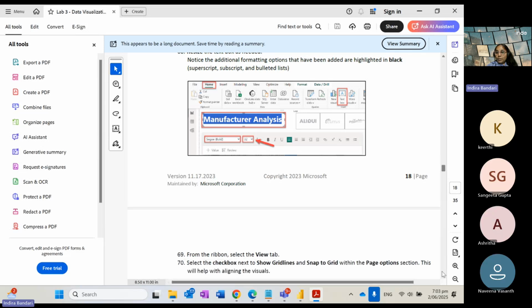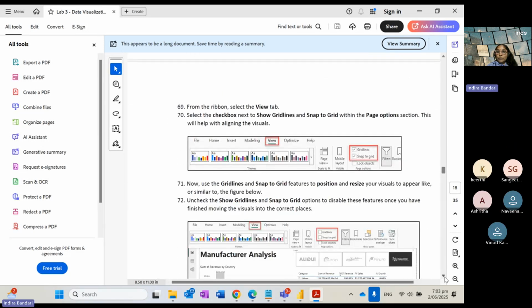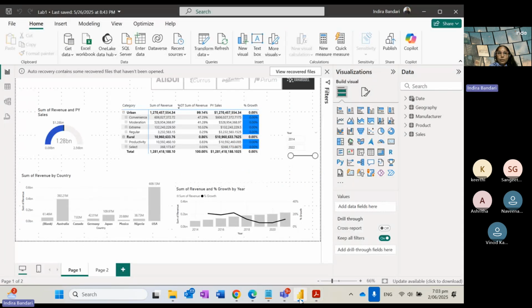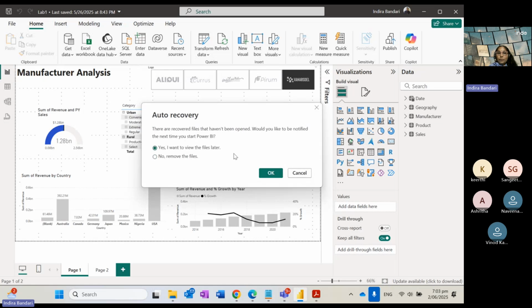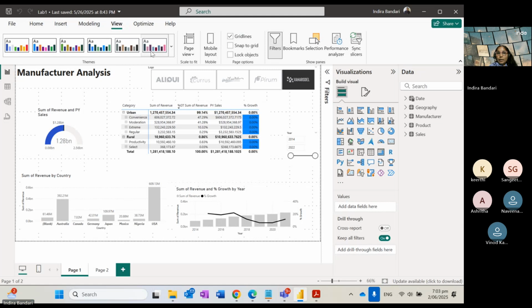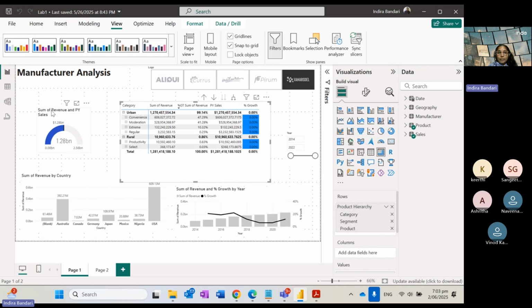Okay, so we have added the manufacturer analysis text box. Now we will learn how to use the grid lines and snap to grid. Go to the View tab, and then if you click on grid lines, it will show the grid lines. And if you click on snap to grid, everything you need to select, and then